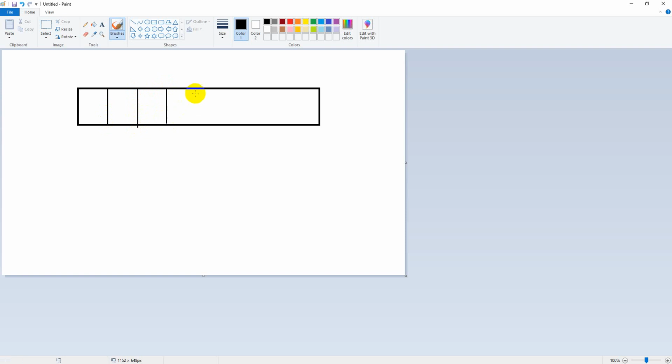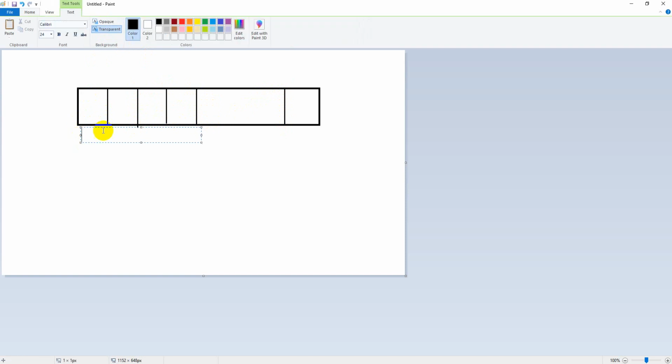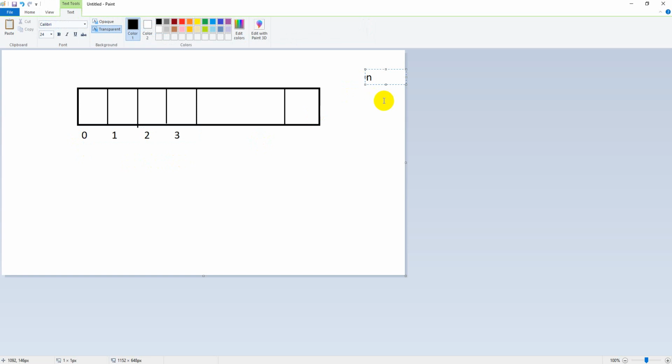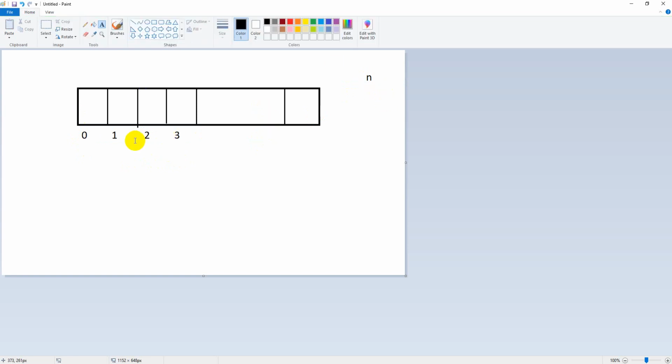Whenever you want to store or retrieve a value, you depend upon the index. The index always starts from 0, then 1, 2, 3 like that. If the array size n is 10 values, then the index will always be from 0 to n minus 1, that is 9 if the n value is 10.